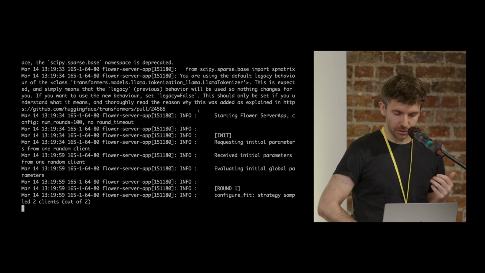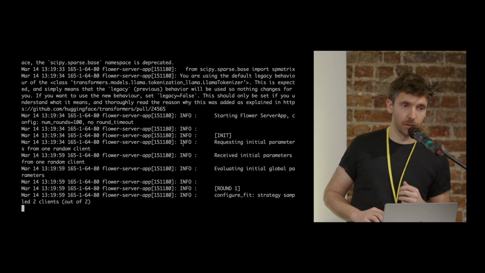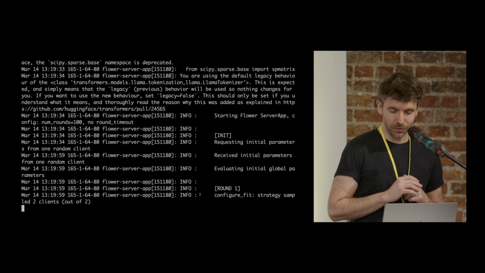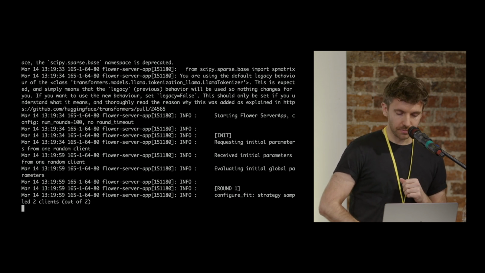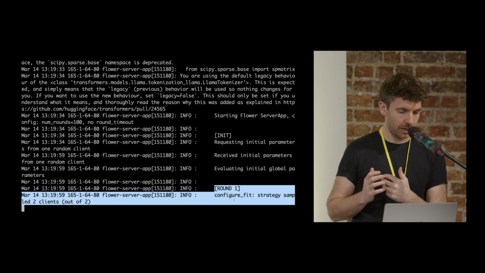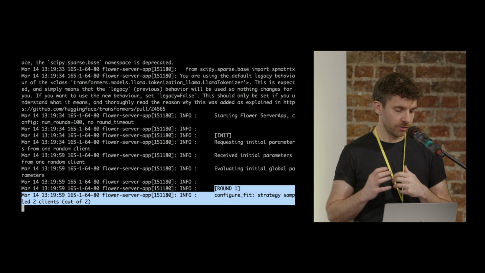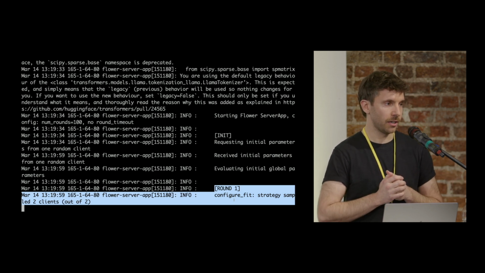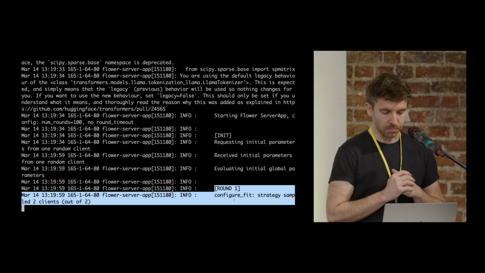If you go back into the demo now, this is a little bit cramped because the font size is big so that everyone can read it. But you can see the training already commenced. And it started on 2 clients. And if we wait long enough, we'll see those results come back from the 2 clients and then get aggregated